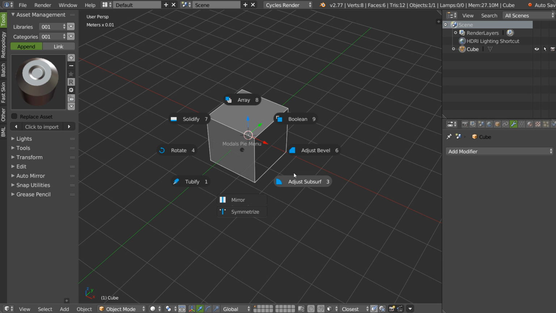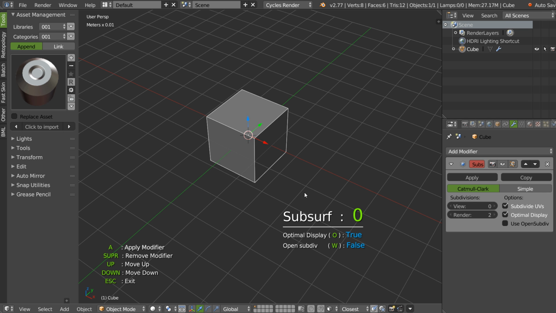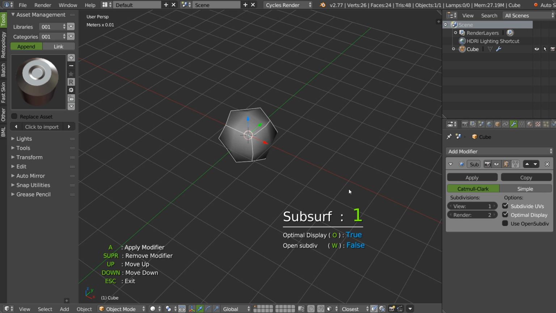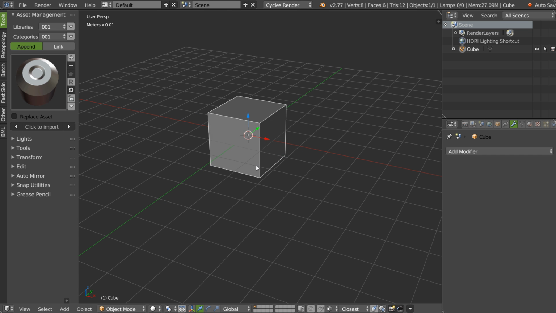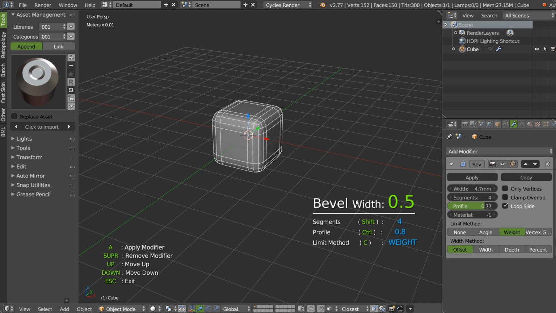As you can see, this is really simple to add multiple modifiers, to play with them, to apply them, to delete them. I will delete it, and we will see the bevel modifier. And as you can see, it's the same. Once you click on the button, that will add a bevel modifier. With the mouse, you will change the width. With Shift, you will change the segment. As you can see here, Shift. Control the profile.